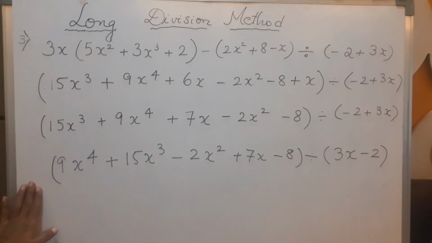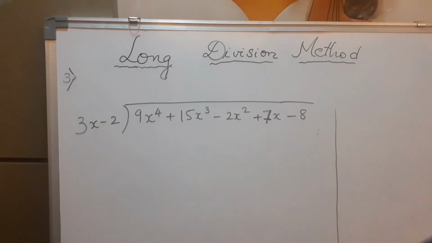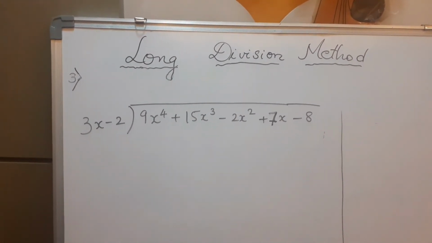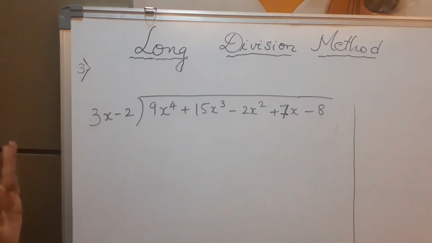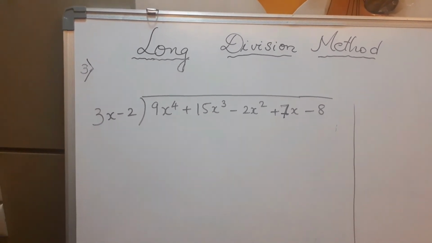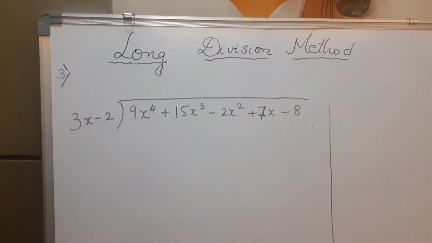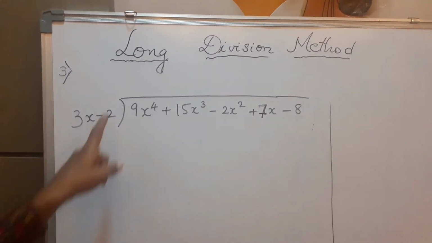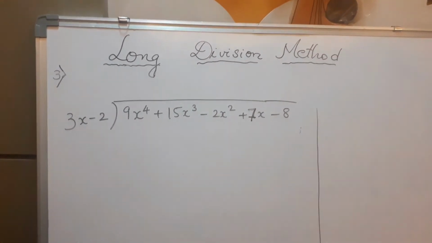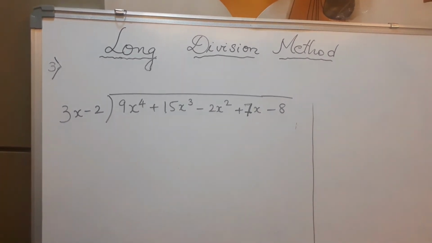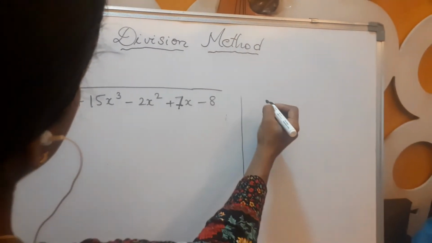So we have finished up to this step, and now we proceed to the next step, and that is the actual division. So we have now simplified our algebraic expression, and we have also put it in the standardized format. So now we can begin with our actual division. Alright. So I have written it as 9x raised to 4 plus 15x cube minus 2x square plus 7x minus 8 divided by 3x minus 2. This is how we are supposed to write, right? And we have divided our page into two portions, rough work on the right side, actual problem on the left side.